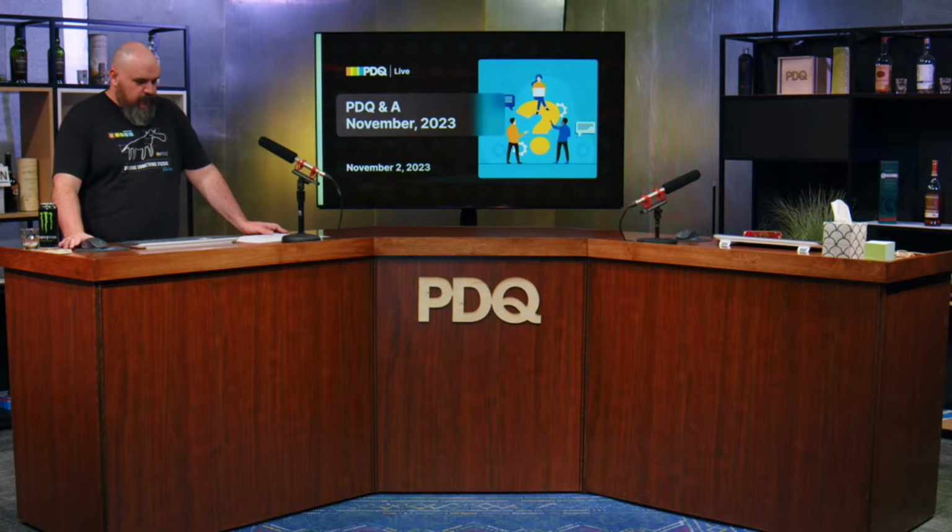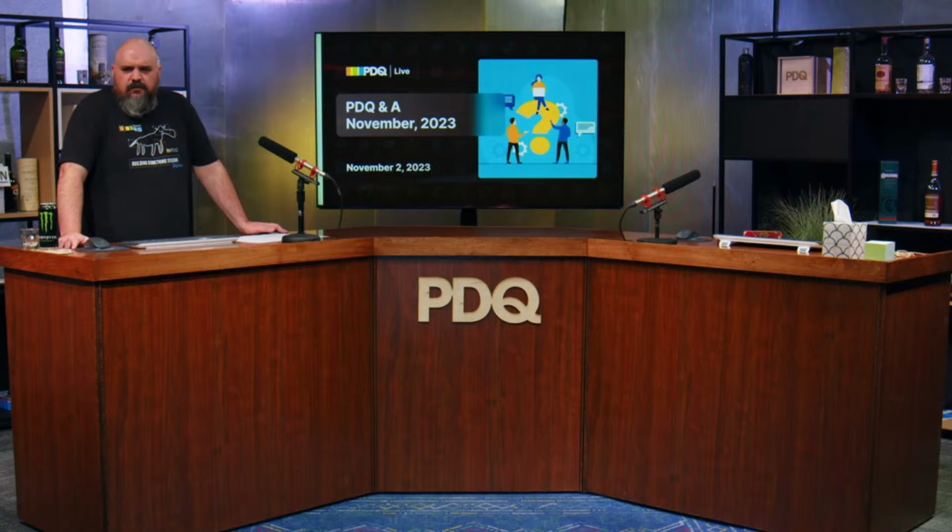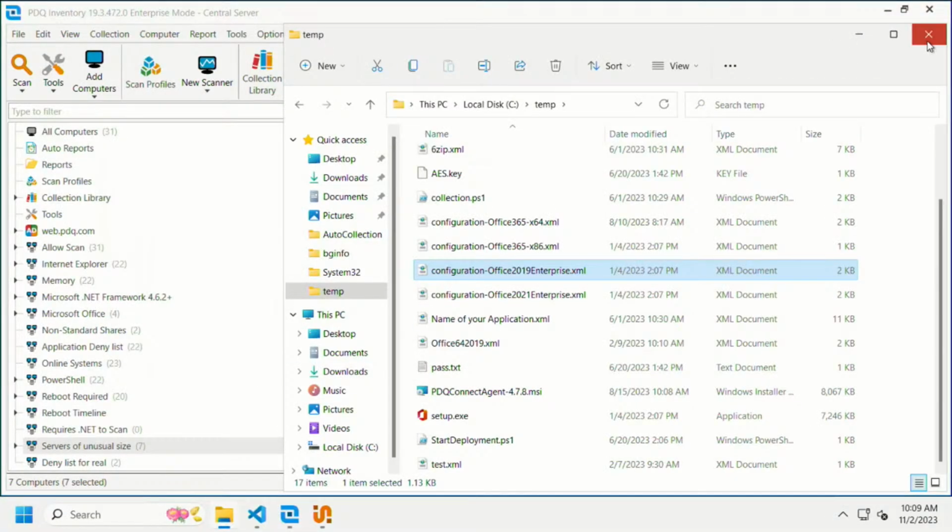Real quick, we have a clarification on a previous question. He says, update on the OU question. I'm wanting to remove the OUs from the domain structure, so only show OUs that have computers instead of user OUs, etc. Okay. All right, so if you're looking to customize the OU specifically for that,